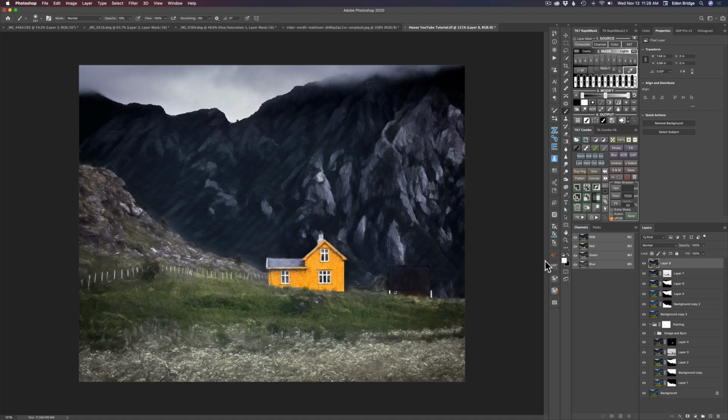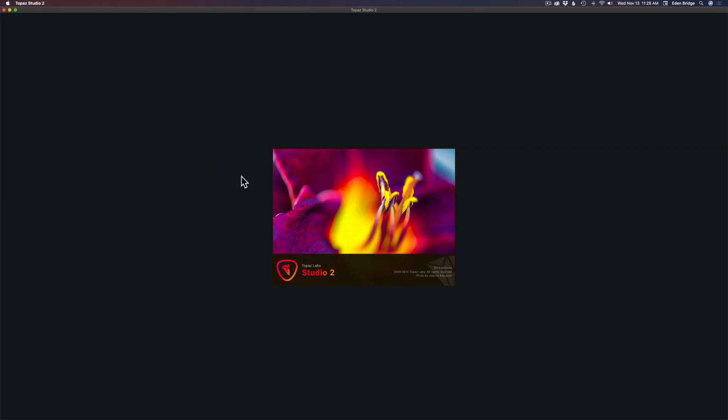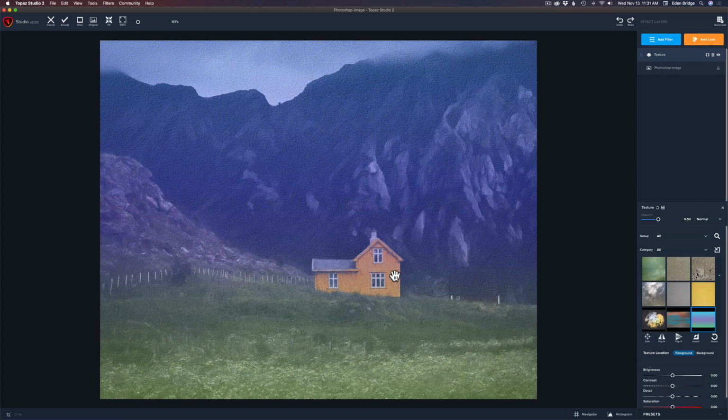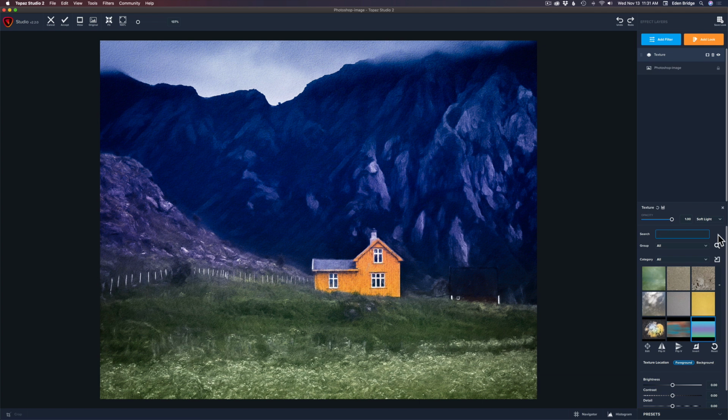And we're going to add a texture layer. So let's just come up to Filter and Topaz Studio 2, launch that. And I'll refer to my notes and see what I did next. Okay, we're going to go to Add Filter, come down to Texture. I'm just looking for a texture for the house here, okay? So I know I use the soft light blend mode, so let's change the blend mode to soft light. I'm going to take the opacity up full way. And I use the texture called Bronze Glitter. So let me go to the search dialog here and type in bronze,